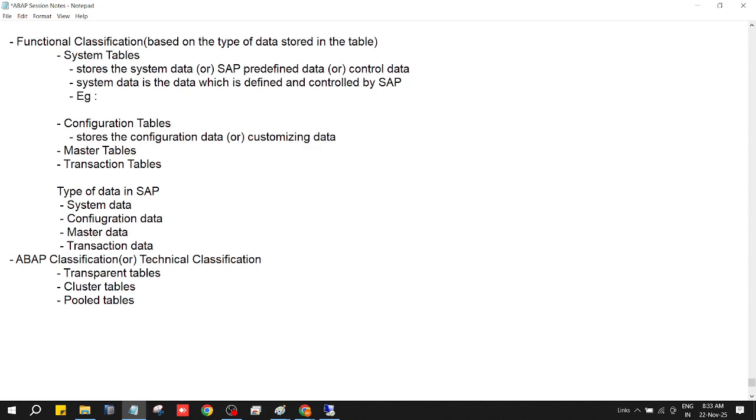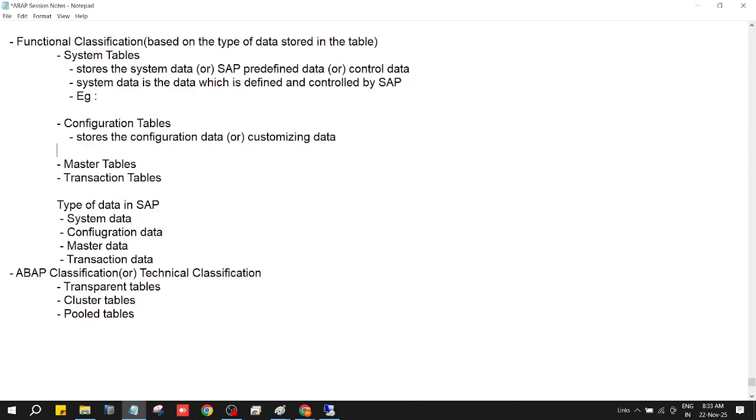So customizing data or organization data, we also call it. Sometimes technically we call it something else. What is the difference between this? So that is, configuration data is the data. What is the definition of configuration data? The data